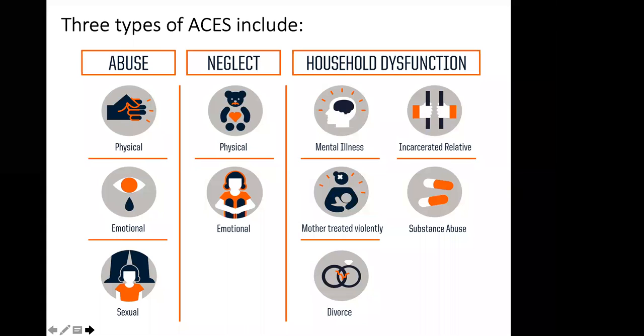ACEs, the Adverse Childhood Study, did an experiment where they categorized 3 different types of ACEs into abuse, neglect, and household dysfunction. They found out that these events were significant enough to create toxic stress that negatively impacted childhood development onto their adulthood years. To learn more about this study, I'm going to play a video. It's long, but it's worth it.